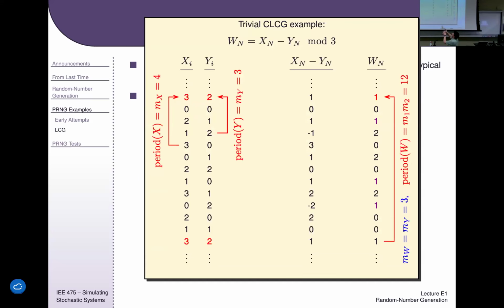And what's nice is if you look at how they work, so here's a simpler example that I built. I've got one LCG down this column, another LCG down this column. This one has a period of 4: 1, 2, 3, 4. This one has a period of 3: 1, 2, 3. So when I add them together, I get a sort of beat that is formed, and it allows me to get this undertone of a period of 12, so a much bigger